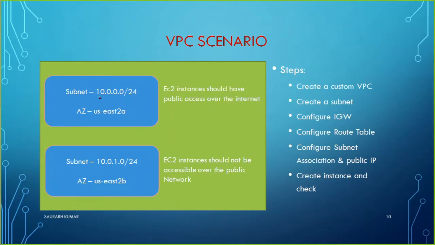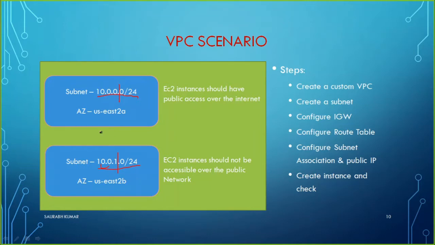One subnet will use this range of IP addresses, and the other will use this range of IP addresses. If you see /24, it means the first 3 groups represent the network. So 10.0.0 is the network ID, the part to the left of this line is the network. So you see this one is a different network from that one. It is 10.0.0, and this one is 10.0.1. So we have 2 different subnets.